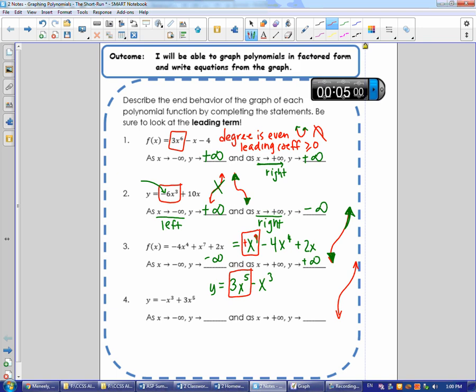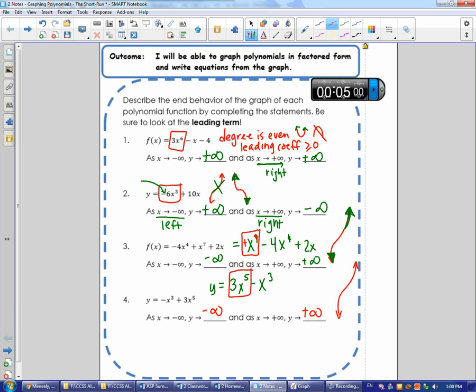And so if I look on the left side of my graph, it's pointing down. So I know that as x approaches negative infinity, so does y. And if I look at the right side, as x approaches positive infinity, I can see that y also approaches positive infinity. So that helps us identify what these graphs should look like from far away